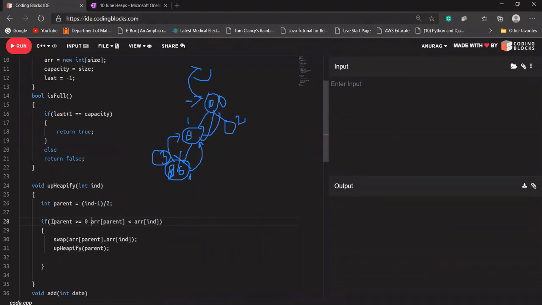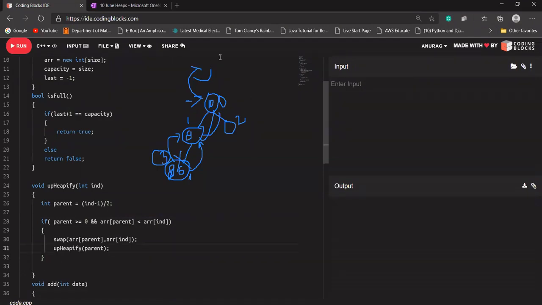Parent should be greater than or equal to 0. If it is less than 0, we are trying to check a value in the array at an index less than 0. It will give us an array index out of bounds, and there will not be any values. So our pp5 function is fine with everyone,